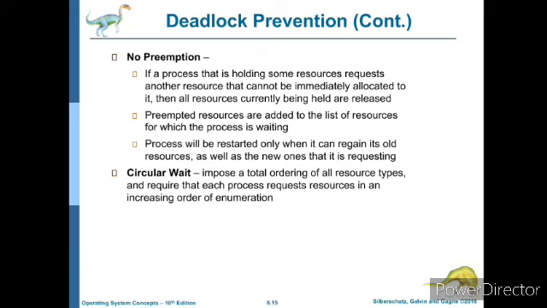If a process that is holding some resources requests another resource that cannot be immediately allocated to it, then all resources currently being held are released. Next one, preempted resources are added to the list of resources for which the process is waiting. The process will be restarted only when it regains its old resources as well as the new ones that it is